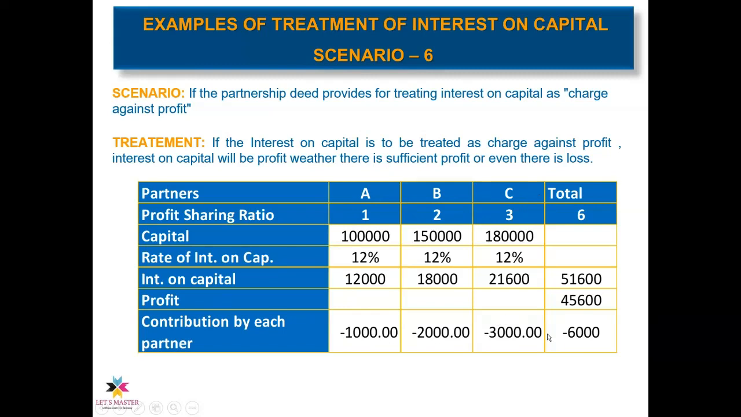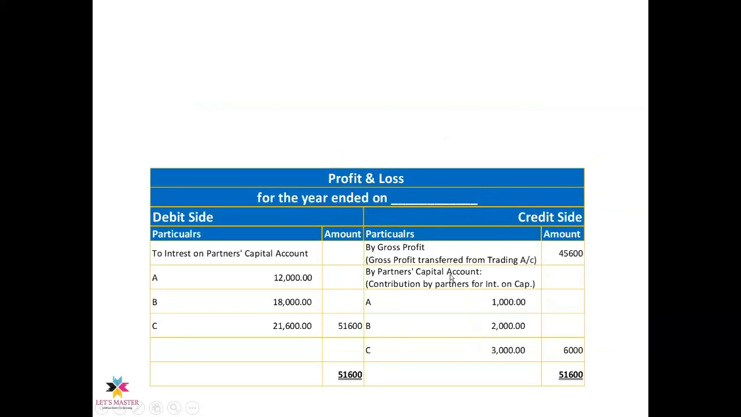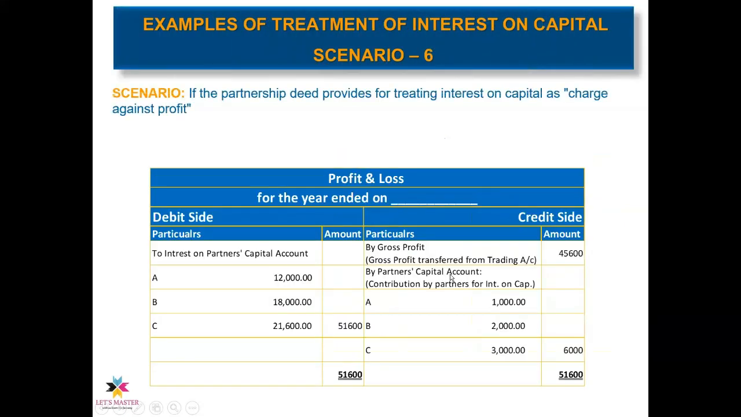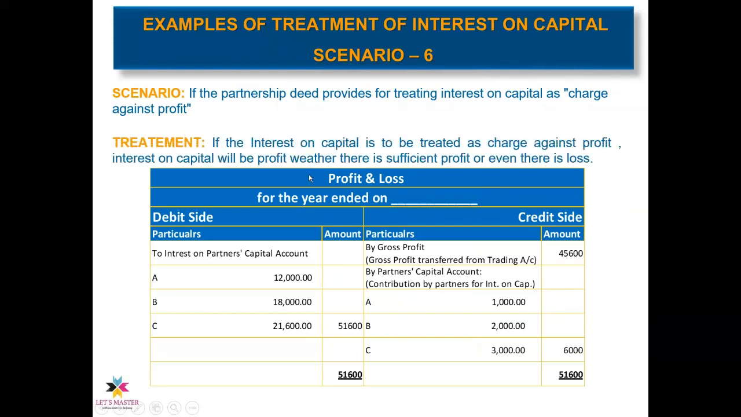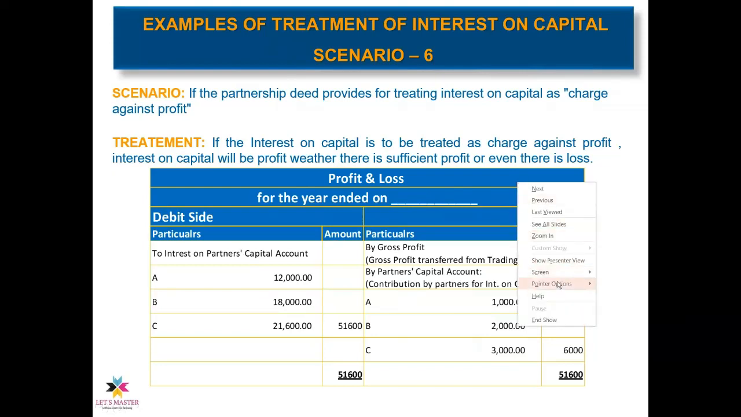Mind it, the deficit amount that is required to pay the full amount of interest on capital due to the partners would be charged from partners' capital or current account in their profit sharing ratio and not in the ratio of their interest on capital. That's number 1. Number 2, if we look at the accounting treatment, if the partnership deed provides for treating the interest on capital as charged against profit, then this will appear in the profit and loss account and not in